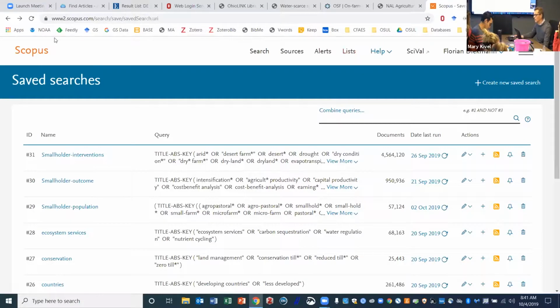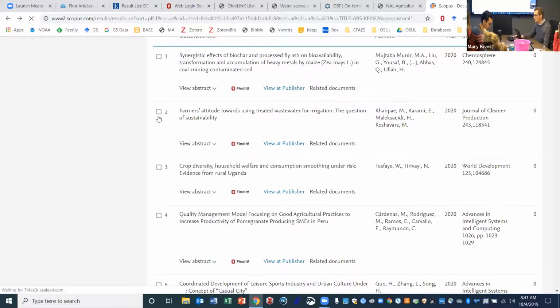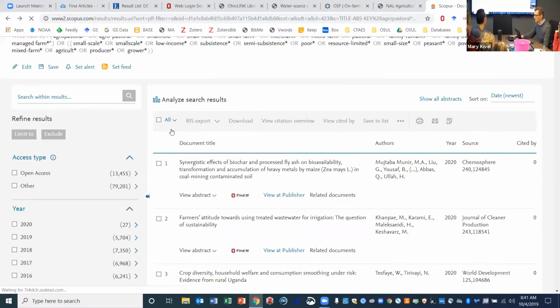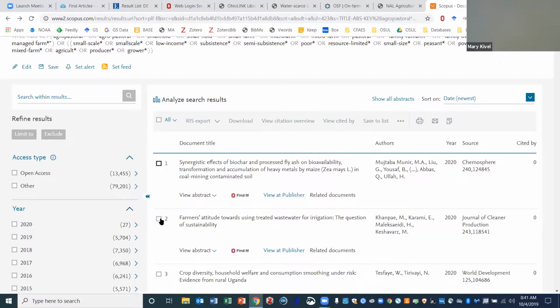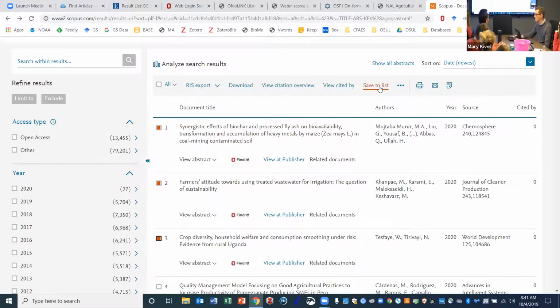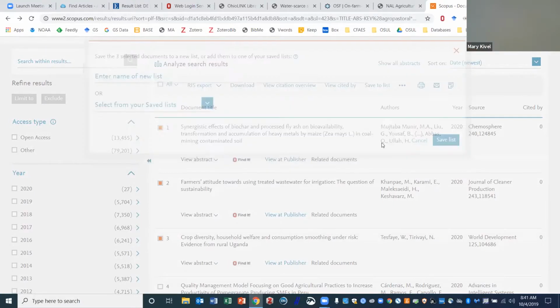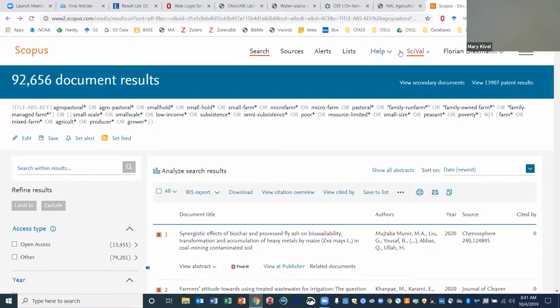So lists, if you have something that interests you, you can export the whole thing, or you can export just things that you think are right where you need them. You just save them to a list and then give it a name so you can recognize what it was. And then you come back and add more. And then when you're done, you can export the whole list